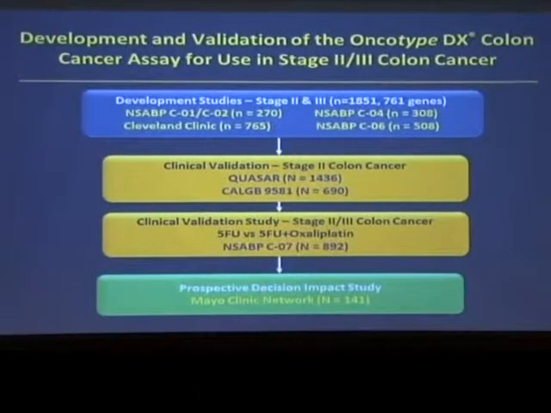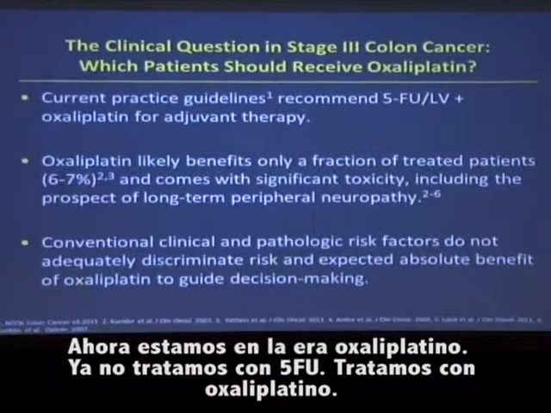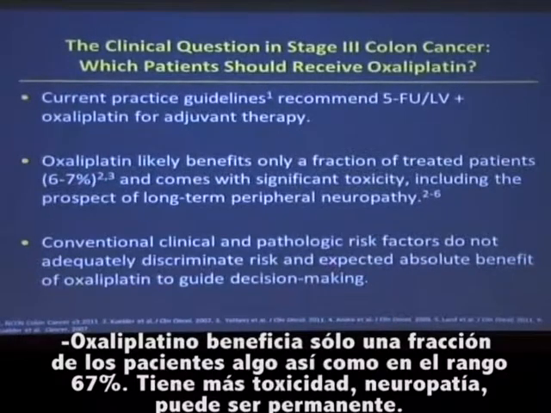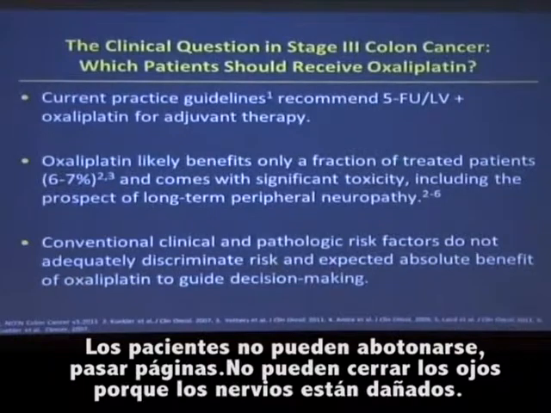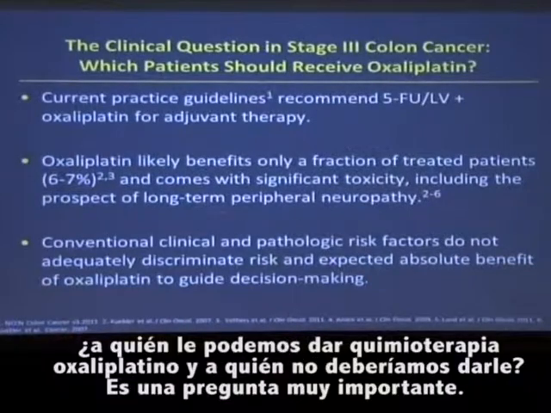Let's go on. Now we're in the era of oxaliplatin. We don't just treat with 5-FU anymore. We treat with oxaliplatin. So current practice recommends 5-FU and oxaliplatin, FOLFOX, adjuvant therapy. Oxaliplatin benefits only a fraction of patients, somewhere in the 6 to 7% range. It has more toxicity, neuropathy, that can be lifelong. Patients cannot button their shirt, they cannot turn pages, they cannot close their eyes because the nerves are injured. This can be long-term injury from chemotherapy, okay? So who can we give chemotherapy, oxaliplatin, to, and who should we